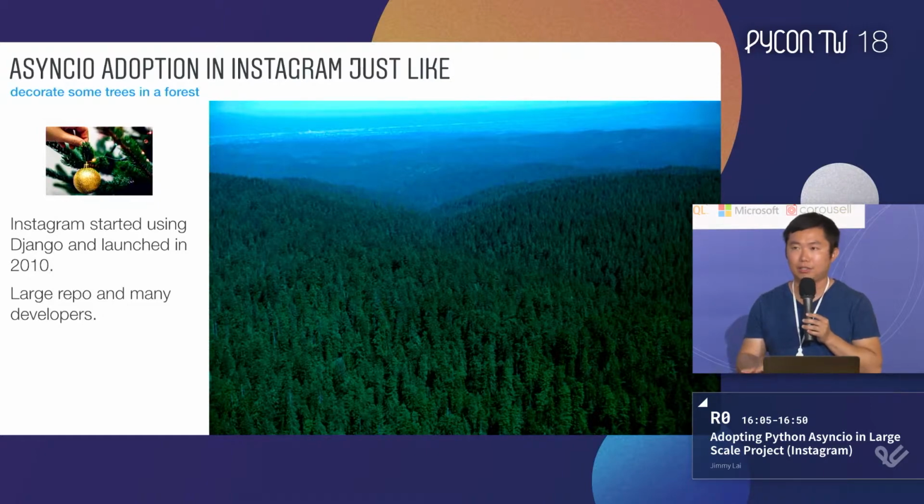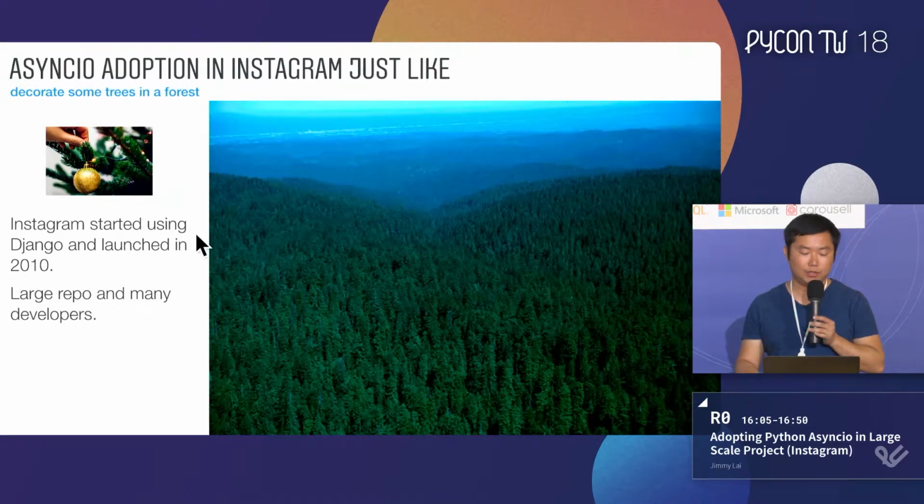Each tree is just like a call stack in our Python repository. What we want to do is identify some of the trees, not all of the trees, and decorate them. We want to migrate some blocking code to async, and also move the stack to become async. And it's hard